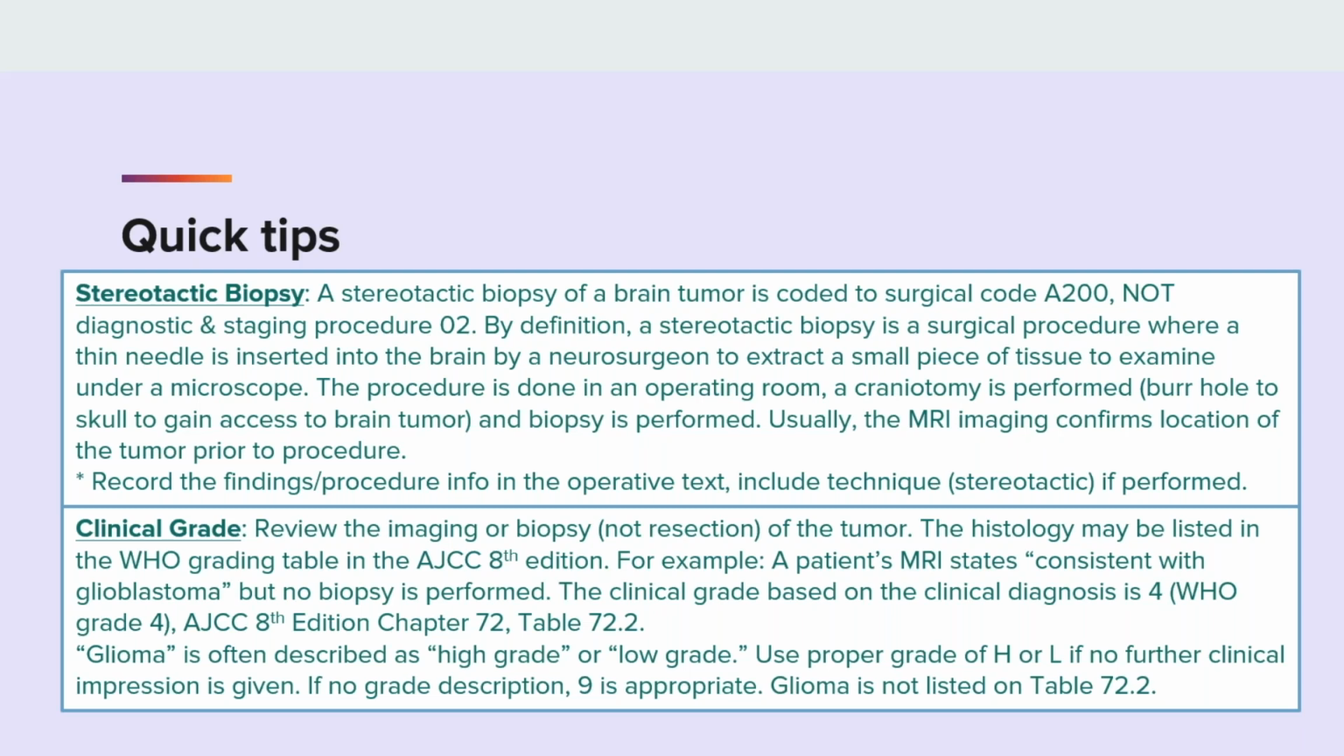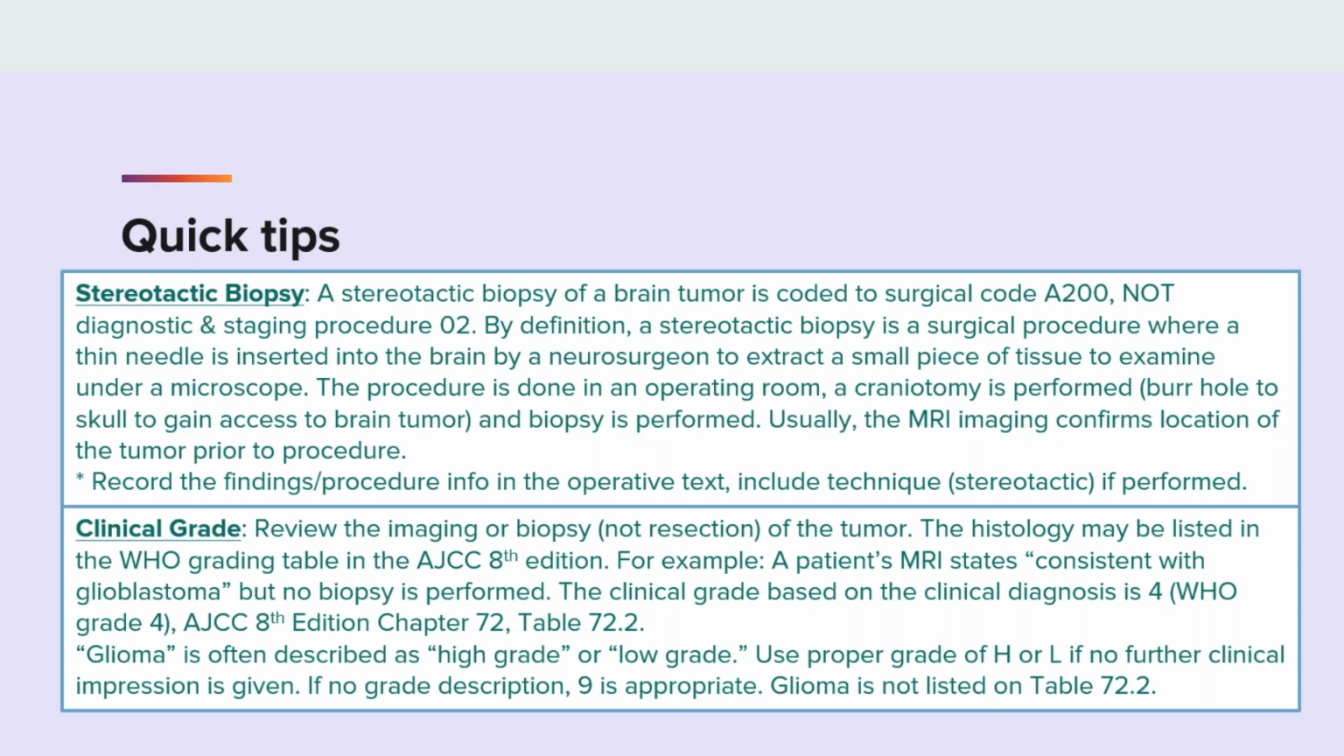Another tip for clinical grade: review the imaging or biopsy, not the resection of the tumor. The histology may be listed in the WHO grading table in AJCC 8th edition. For example, a patient's MRI states consistent with glioblastoma, but no biopsy is performed. The clinical grade based on the clinical diagnosis is 4, the WHO grade 4, on AJCC 8th edition, Chapter 72,